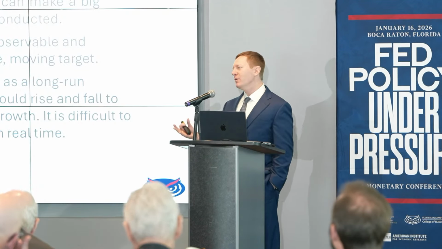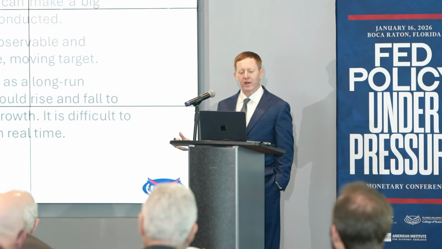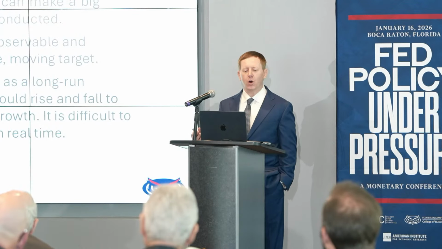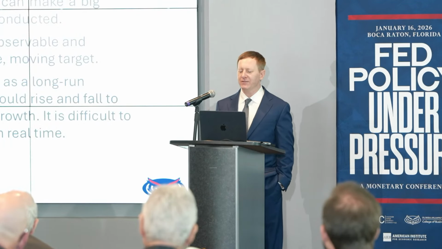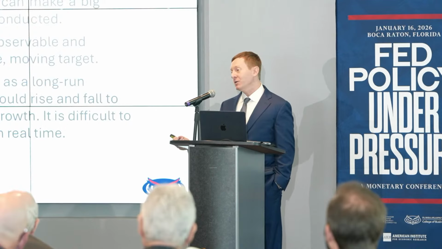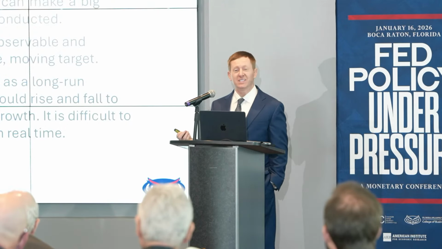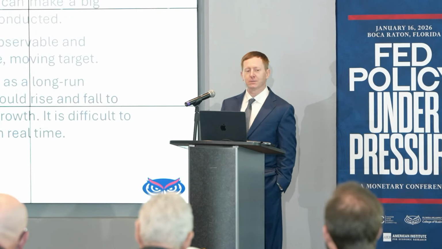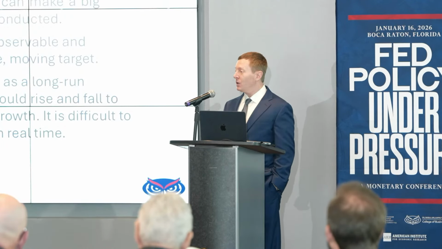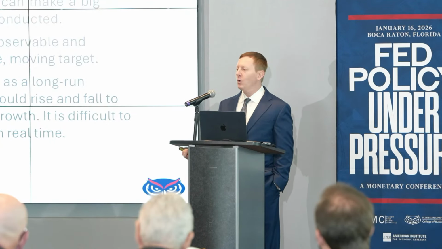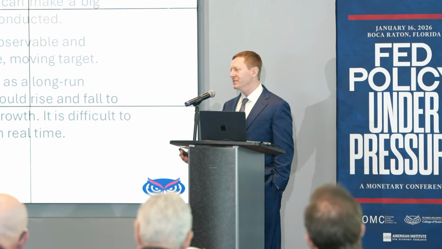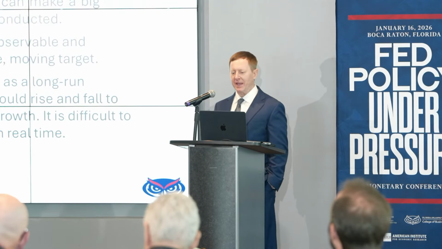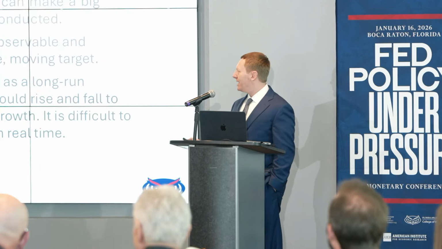How about the desired rate of inflation? Well, the desired rate of inflation is observable as a long-run objective, but in the short run, inflation should rise and fall to reflect temporary changes in productivity growth. Sometimes you'll hear Fed officials refer to this as looking through supply disruptions or looking through supply shocks. The problem is that it can be pretty difficult in real time to figure out why inflation is rising or falling. Is it driven by changes in supply or driven by changes in aggregate demand?